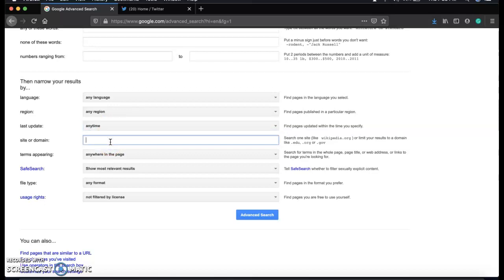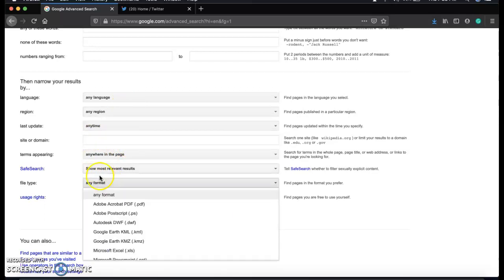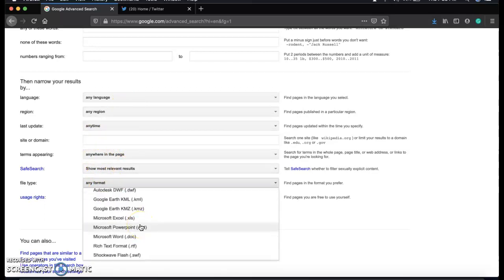So maybe it could be an old post or old article, old video, in the exact format that you're looking for, if it is a file on the internet,